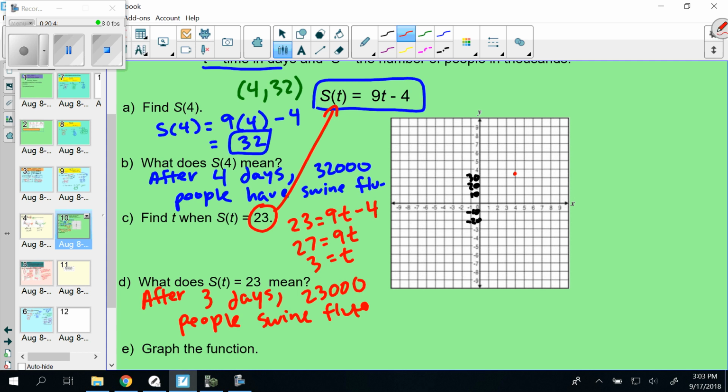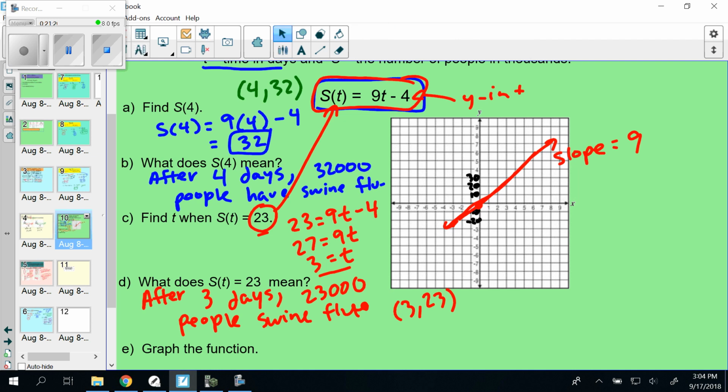If we graph the other one, we got (3, 23). So that would be around here. Now if we connect these, we should get something like that. And again, we can use our function here. The slope of this line would be 9, and the y-intercept should be at negative 4. So that would be the graph of this one. All right, try some of these out then on